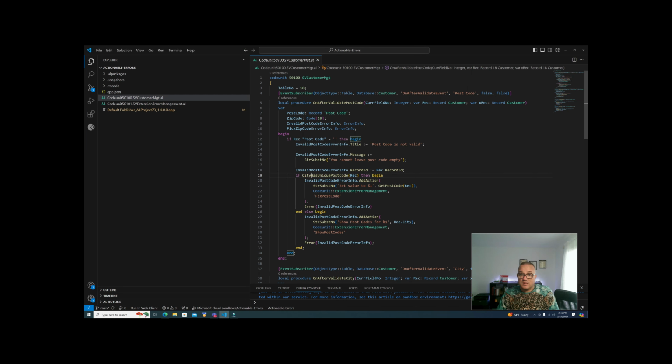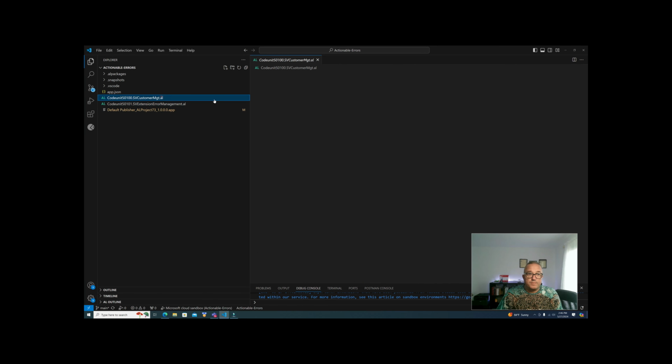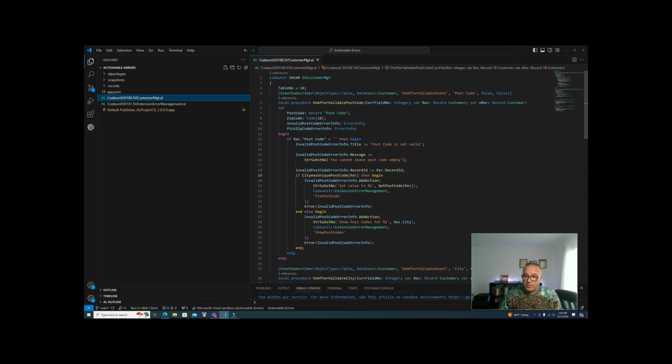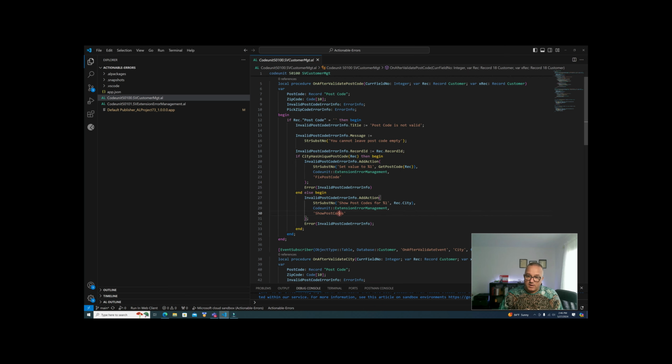How is that happening? We're validating the postal code. We have more than one postal code, therefore we go on the else branch and we show this actionable error, show postcode for, and that's the city, and the function that we're going to call when we click on show postcode for is show post code, which is